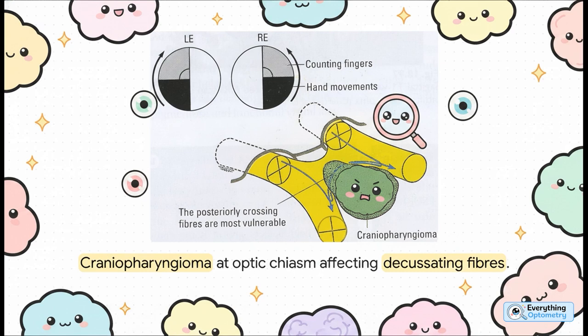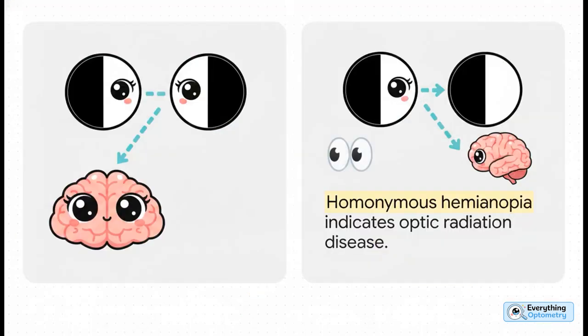If it's pressing directly against the optic chiasm, it specifically targets the decussating fibers crossing over from the nasal retina. And because of that exact anatomical location, the tumor perfectly maps to a very specific visual field loss. It's like a giant puzzle coming together. It's honestly fascinating how we can pinpoint the exact location of brain disease just by looking at a visual field